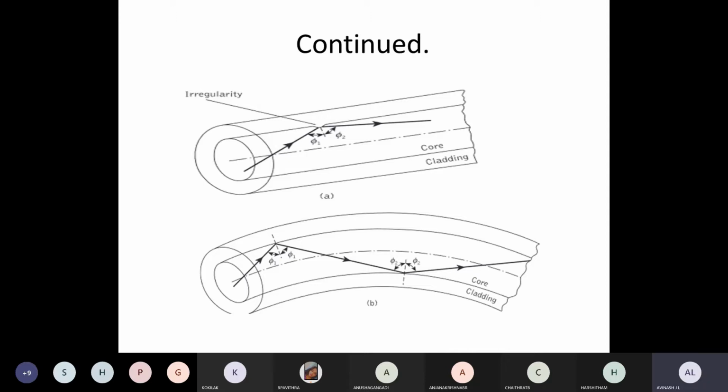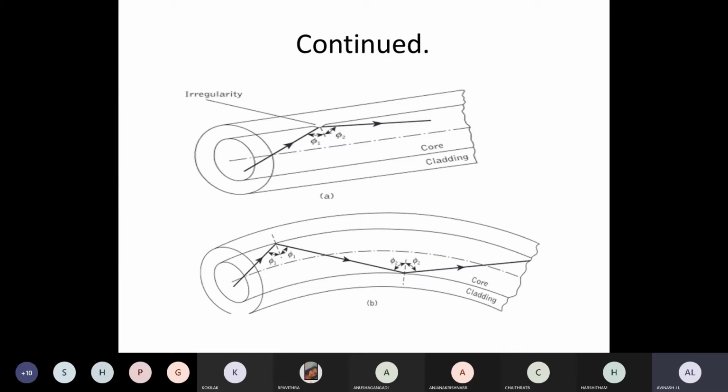The second thing is what? There is a bend. When we are talking about the bending, look at the second figure, the bottom figure, from the left-hand side. There is a phi 1, phi 1. That means angle of incidence equals angle of reflection. That is fine. If the angle of incidence and reflection are the same, then the reflection is going to be correct.